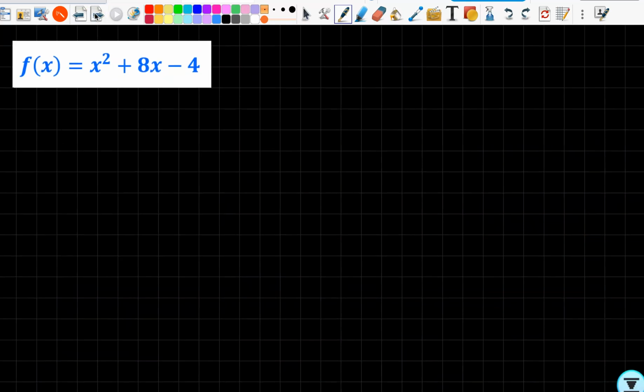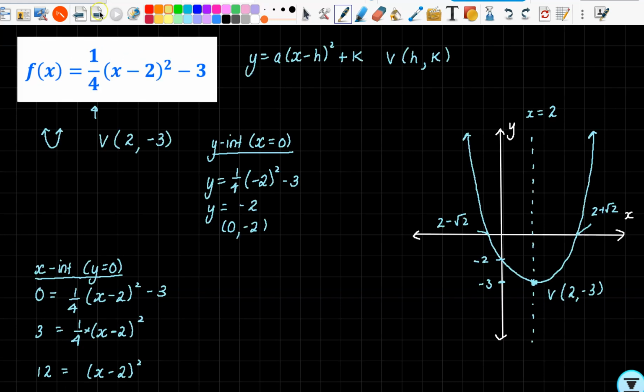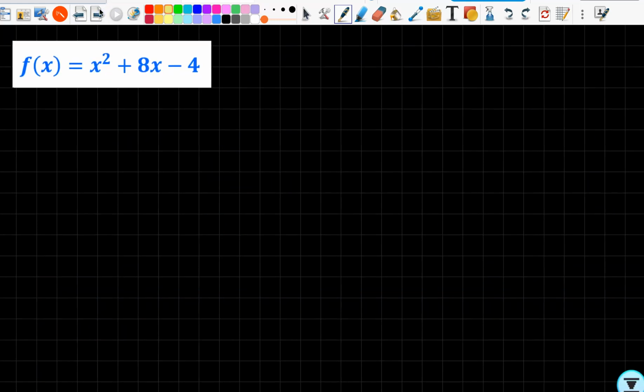Okay, last one. So let's have a look at this. Here we go. Once again, we can see it is going to be convex. Okay, our y-intercept. Keep the habit, it's just going to be great when you're doing other functions later. So make x equal 0. So our y-intercept is 0, minus 4. Now to get your x-intercept,